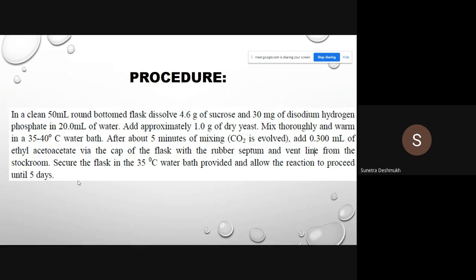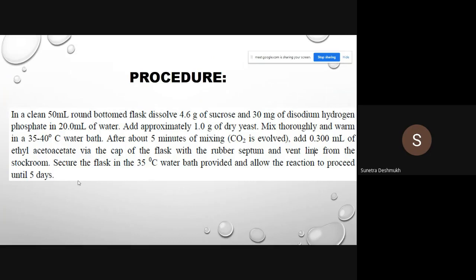Here is the complete setup for this reduction reaction with the help of yeast. You can find some videos on YouTube showing how they do it and how they make that assembly. The assembly must be airtight for all these enzyme catalyzed reduction reactions, because we have to do this reduction in the absence of oxygen.